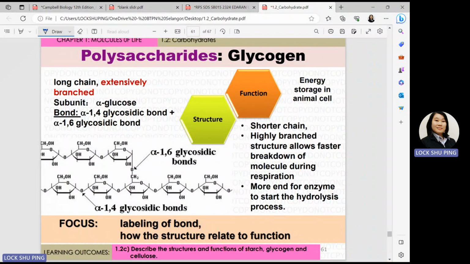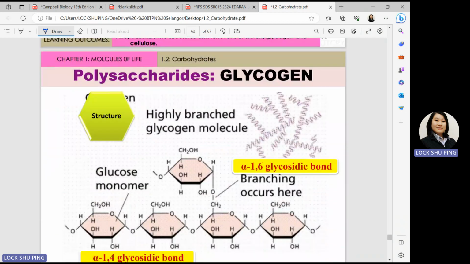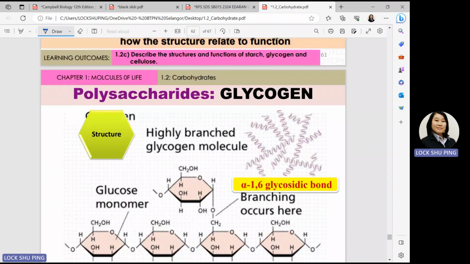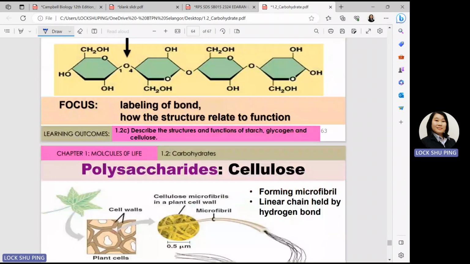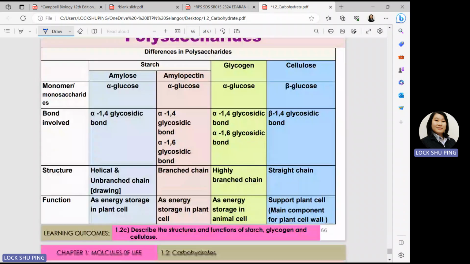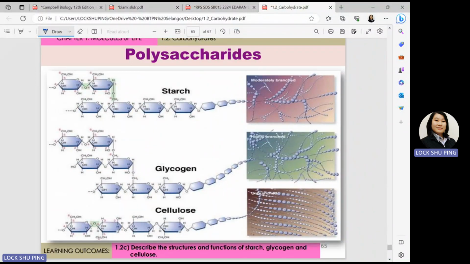So what is the difference between the glycogen and amylopectin? I mean, both of them are built up by glucose. Both of them have alpha 1,4 and alpha 1,6 glycosidic bonds. But what is the difference between the glycogen and the amylopectin? I think I'll scroll down and see whether there is a diagram to show. Okay, if you look at the diagram here, amylopectin has branches,